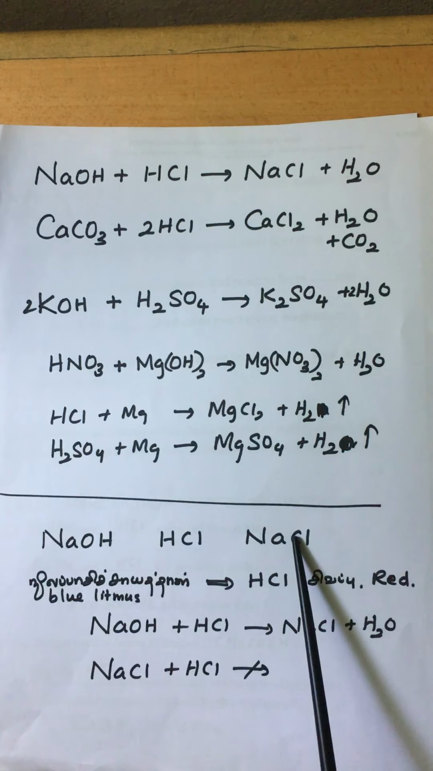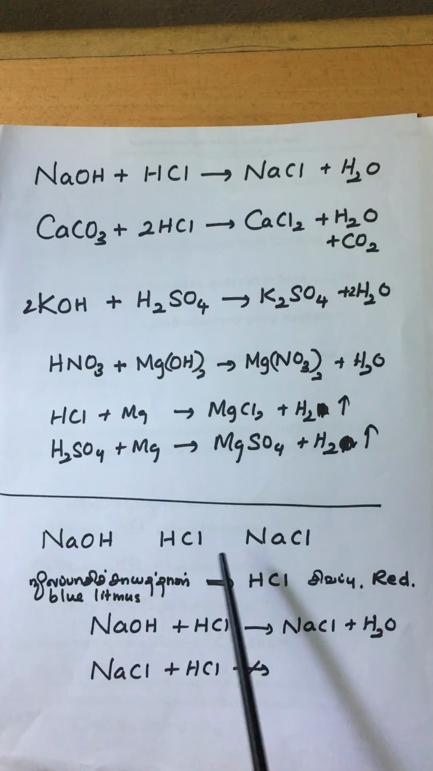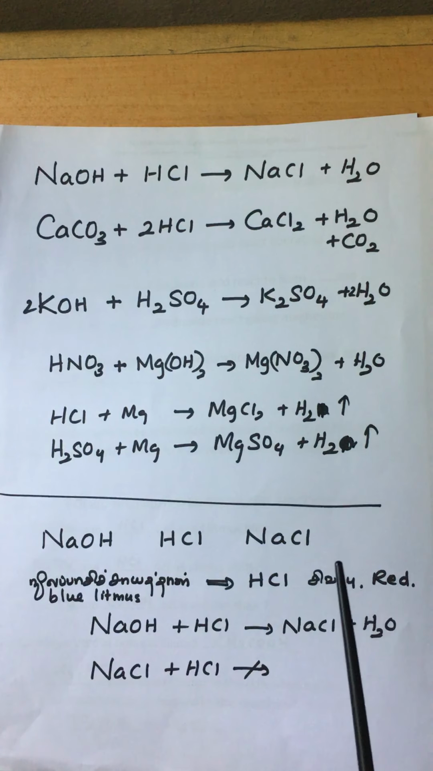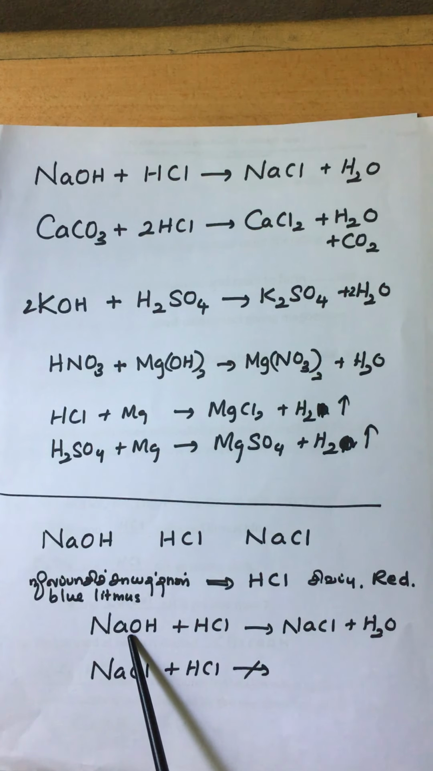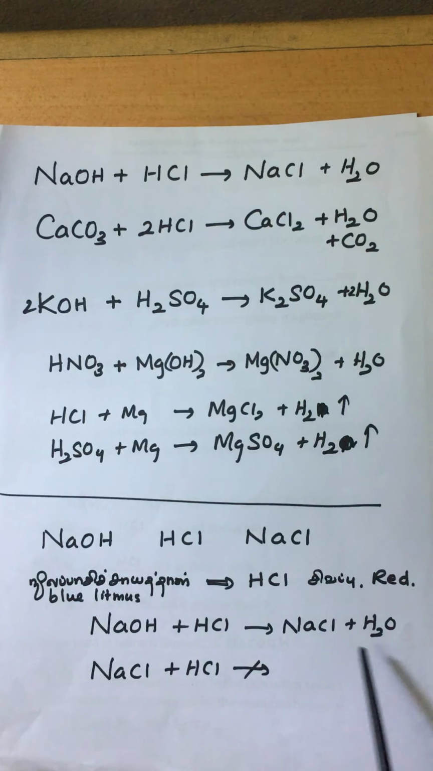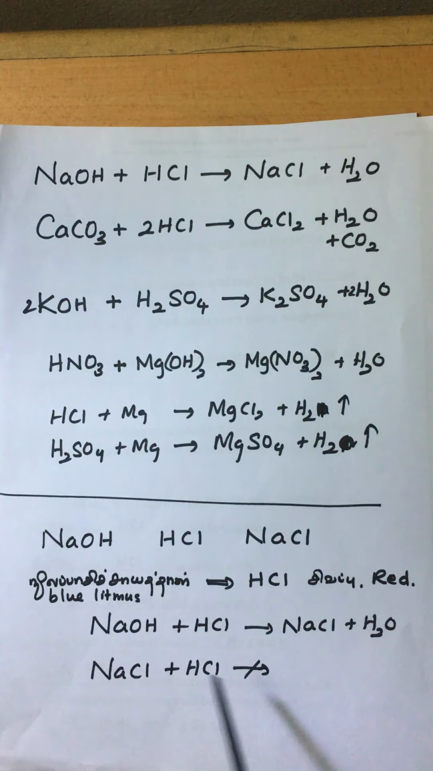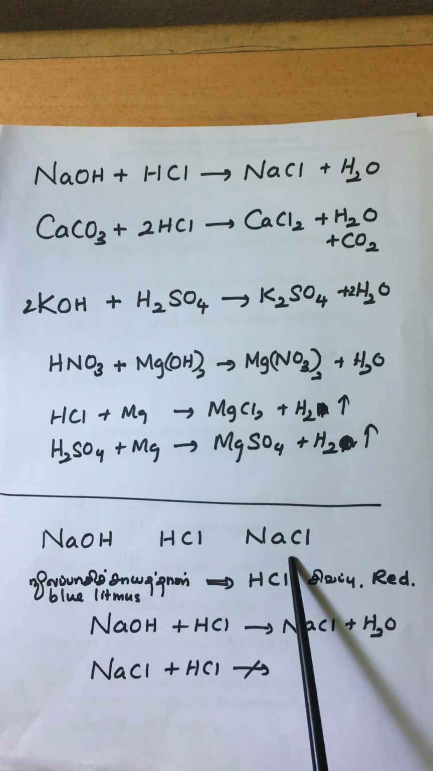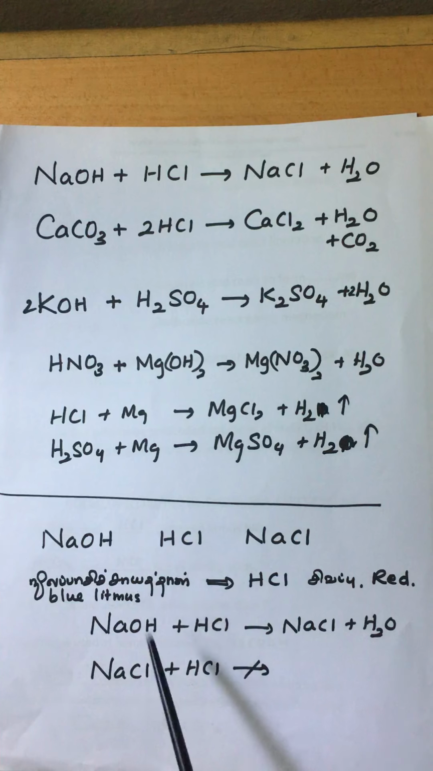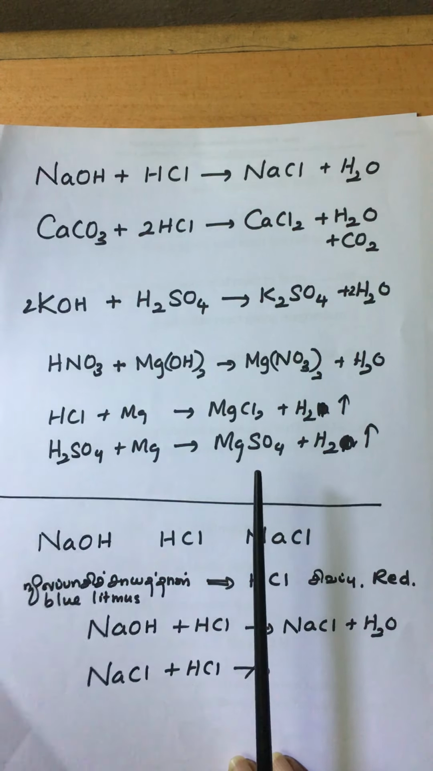For the others, no change. After that you have to take a few drops of hydrochloric acid and add them to sodium hydroxide and sodium chloride separately. When you add hydrochloric acid to sodium hydroxide, there is a reaction. But when you add hydrochloric acid to sodium chloride, no reaction. From that you can identify sodium hydroxide and sodium chloride. So this is the way; sometimes you will get questions like this. Next they are asking you